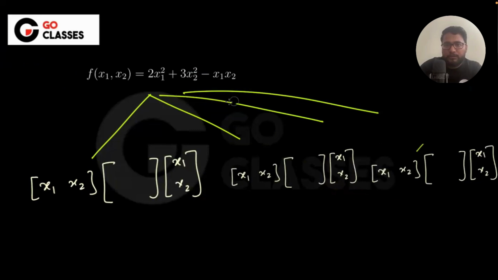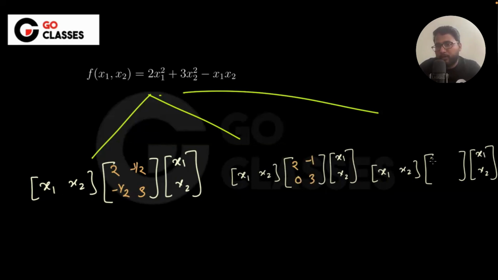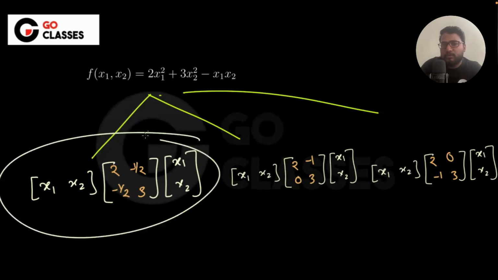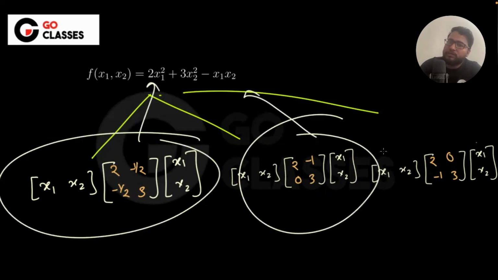So for example, let's suppose I have these ways. This is one of the ways: you can put 2 here, you can put 3 here, you can put minus 1 by 2 here, and minus 1 by 2 here. Here you can put 2, here you can put 3, you can put minus 1 here, you can put 0 here. Here you can put 3, you can put minus 1 here, 3, 0. You can multiply these matrices. You will see this is also leading to the same quadratic form. Okay,